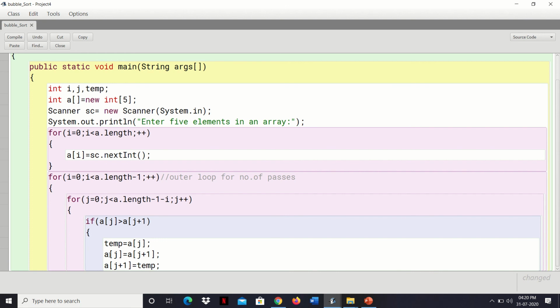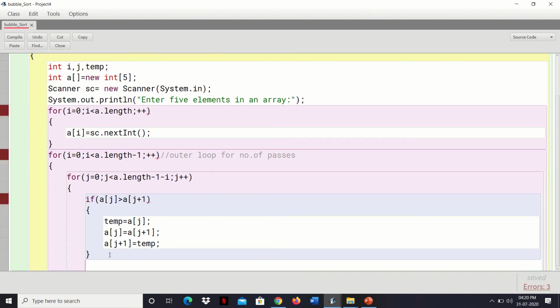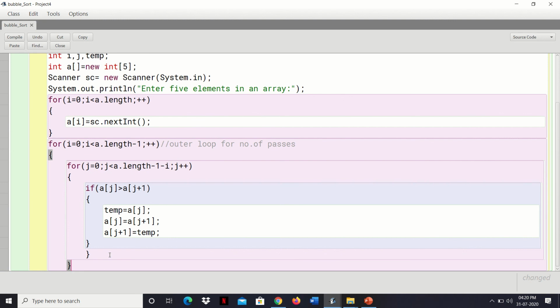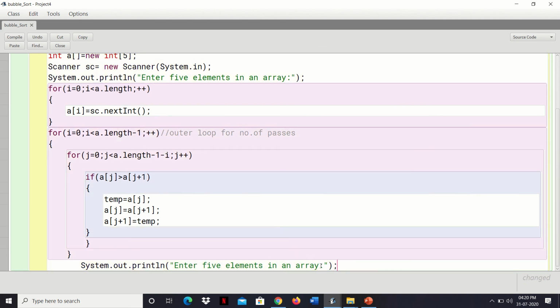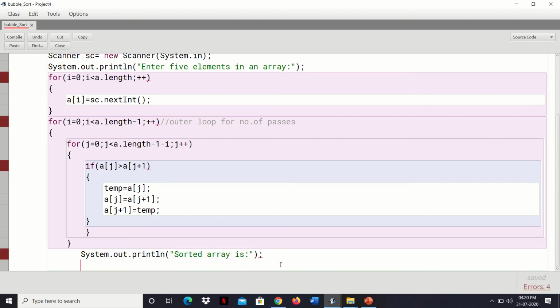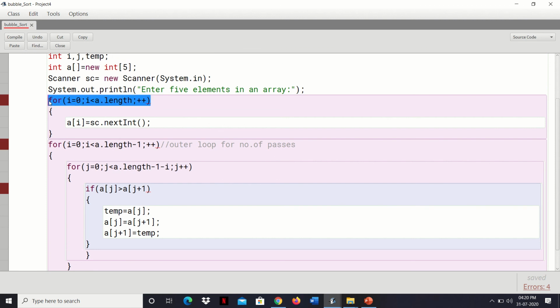So let's close the if block, close the inner loop, close the outer loop. This part is clear. Now we'll write a message to the user: Sorted array is. Inside this we need a loop, so let's copy this loop because we need to print all the elements.